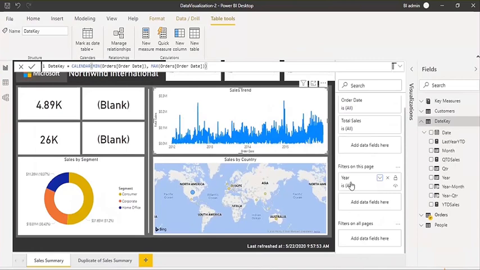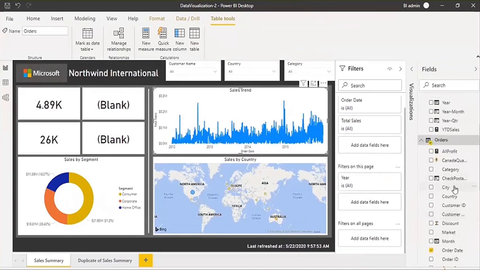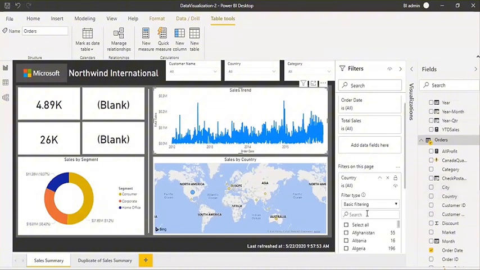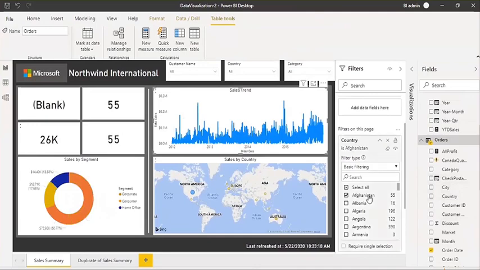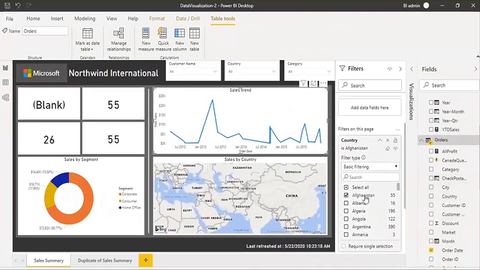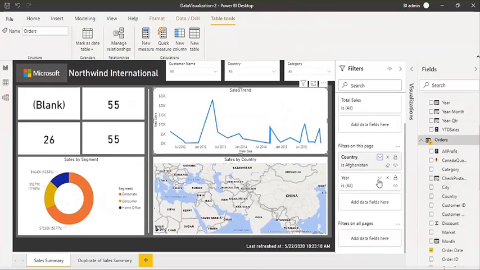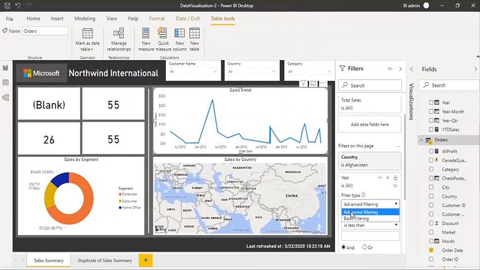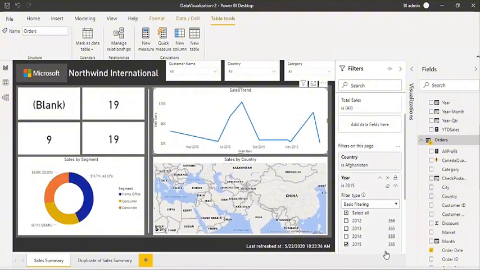All right, so this is the year. In case you want to add another filter here, then you can again drag and drop the other filter from the list, from your tables. Let's say I want to filter for any specific country, then just add the filter here. Okay, this country filter will also be applied only for this page. I selected Afghanistan, so you see on the map it's showing the data from Afghanistan only, and all other data is also for only Afghanistan and for all years. Okay, so you can choose year 2015 also here. So this is a way I can handle the visual filters on a page level or on any specific visual level also.